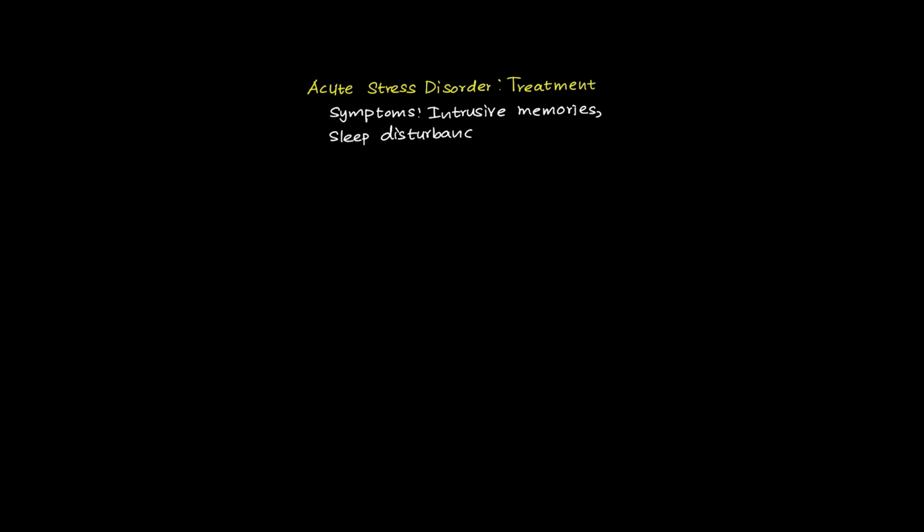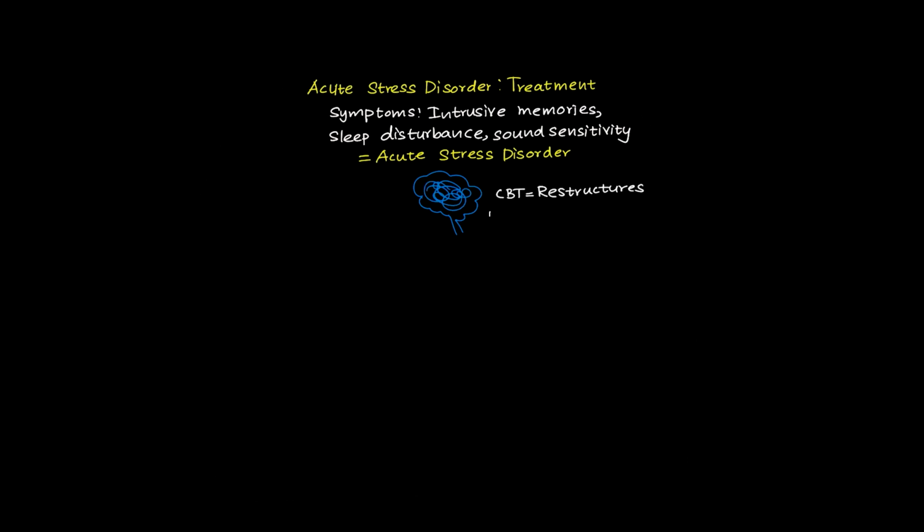What's the best initial therapeutic approach? Initiate a cognitive behavioral therapy referral. CBT is the gold standard first-line treatment for acute stress disorder. It works by helping the client identify and restructure the maladaptive thought patterns that formed during the trauma. The client learns to process those intrusive memories in a controlled therapeutic setting and develop healthier coping responses to triggers